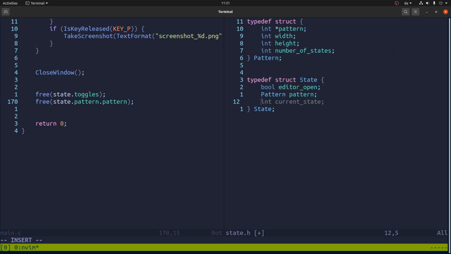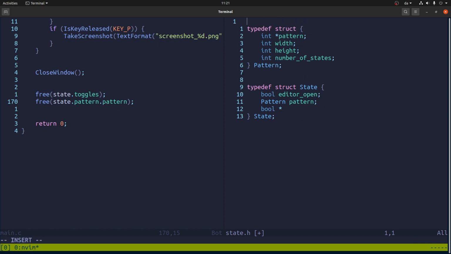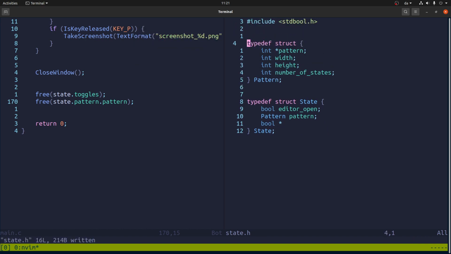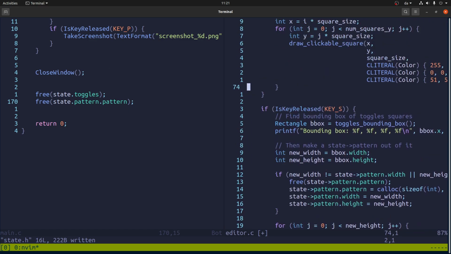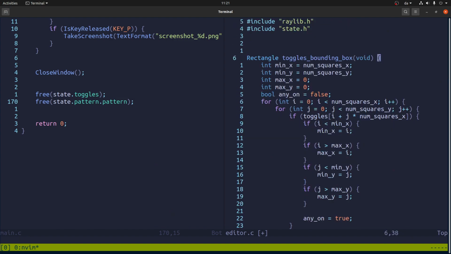We're gonna put, and then we have to include std bool, and there we go. Then in the editor, in this guy, it should take the state, which is then by pointer, and then we will say